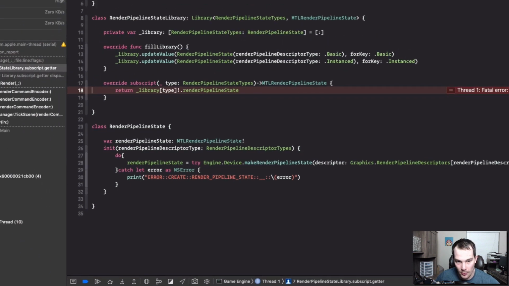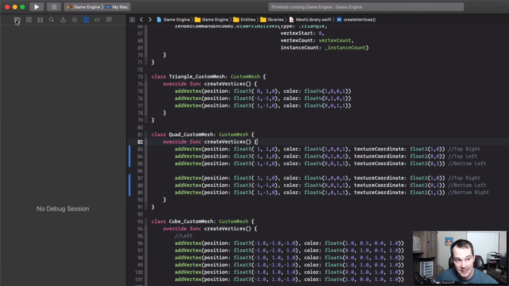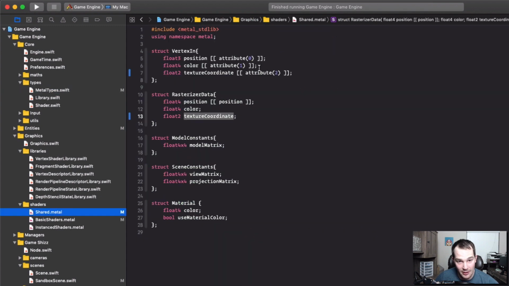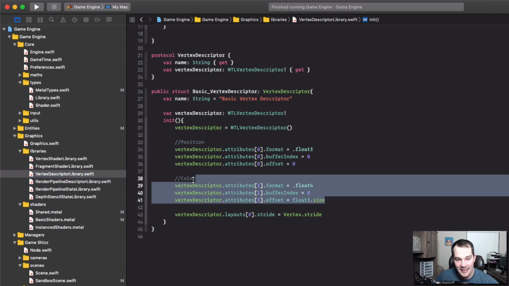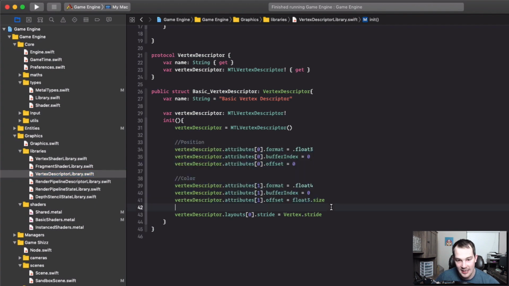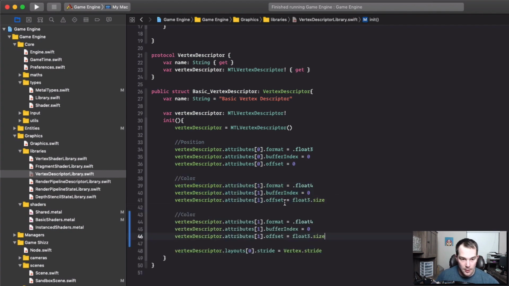This is good, this broke. So what we did forget to do was update our vertex descriptor. If we go back to our shared metal, we put attribute at 2 set to the texture coordinate. We have not updated our vertex descriptor and our vertex descriptor library to have a texture coordinate. We only have position and color. So what we need to do is copy color and add texture coordinate